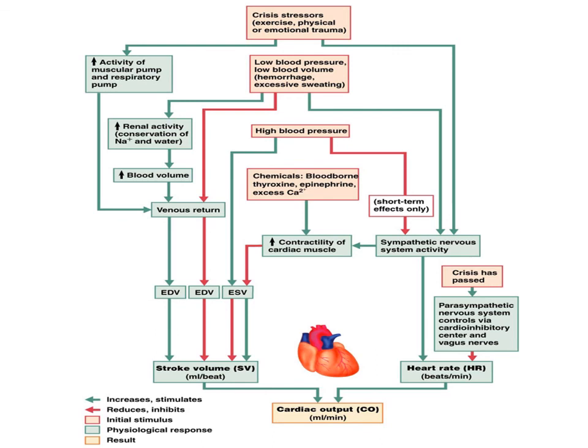This is an overview of the different mechanisms discussed. Work through this flowchart. Notice how all these methods work to change cardiac output by either changing heart rate or stroke volume. Methods that change heart rate: sympathetic nervous system, parasympathetic nervous system, epinephrine, excess calcium, increasing venous return. Methods that change stroke volume: contractility, changes in venous return, kidney activity by way of sodium and water reabsorption,